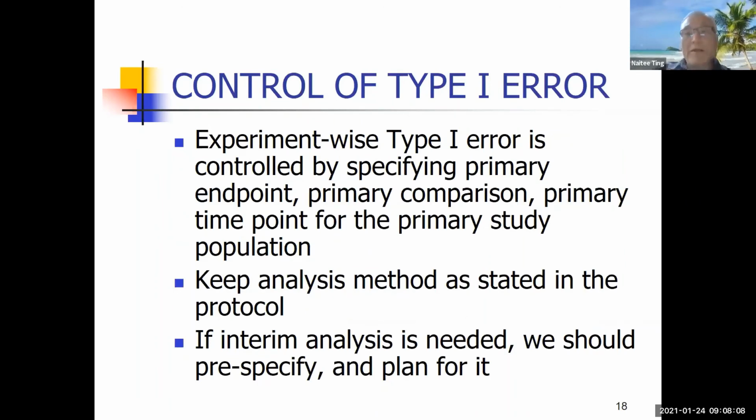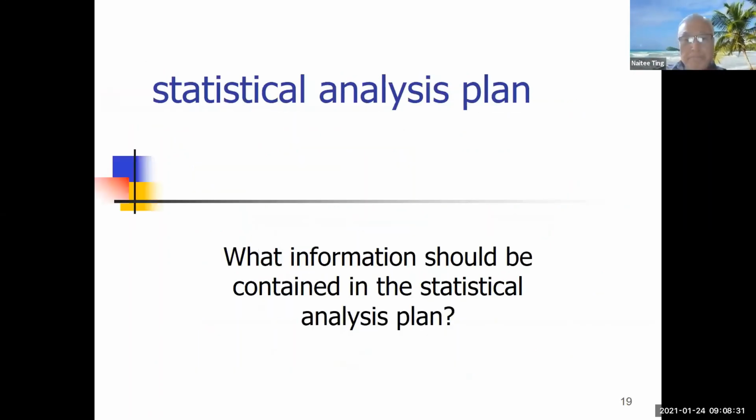So control of type 1 error is actually critical because that's the foundation for drug approval. So experiment-wide type 1 error is controlled by specifying primary endpoint, primary comparison, primary time point, primary study population, and keeping analysis methods as stated in the protocol. If interim analysis is needed, we should plan for it, pre-specify it. SAP, okay. So like I said, SAP is a contract